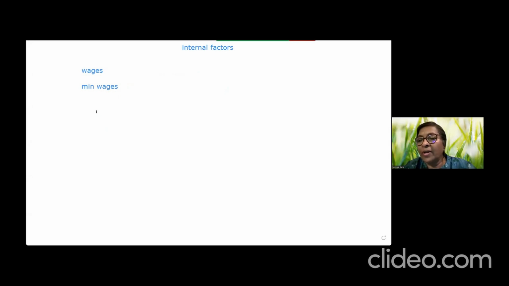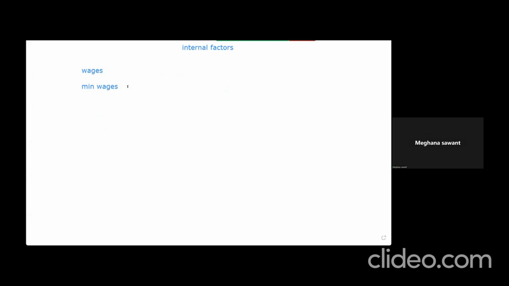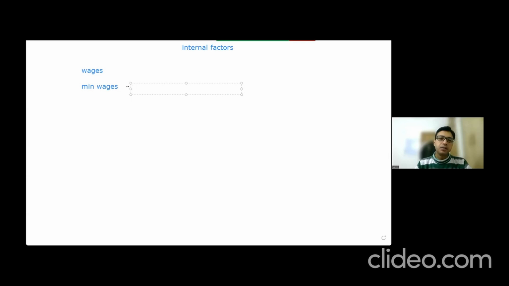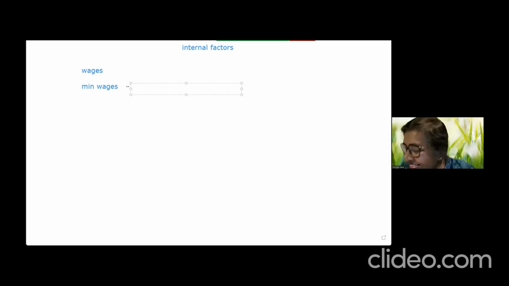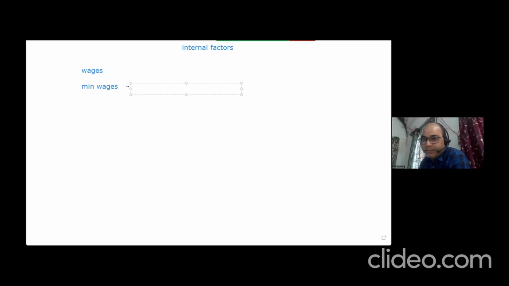That means you're required to pay as per the Payment of Minimum Wages Act. In a particular location, you can't pay below a certain amount. The minimum wage is not a ceiling; it is a floor fixed by the government, below which we cannot pay. Beyond that, we can pay.